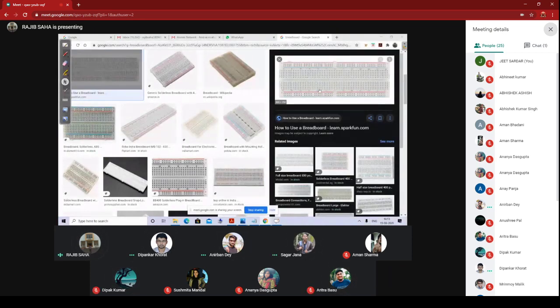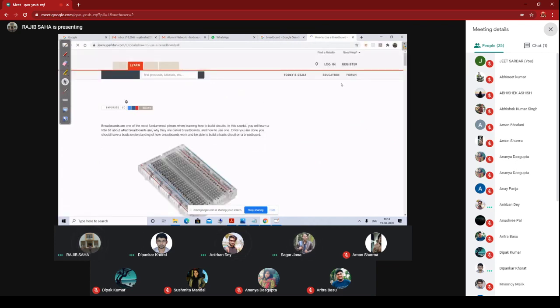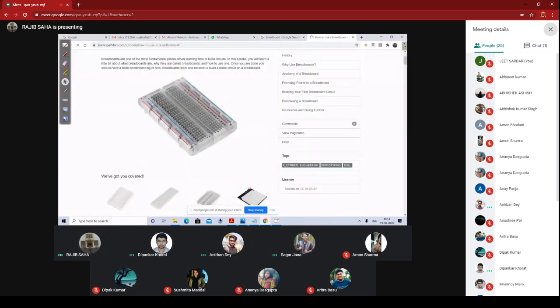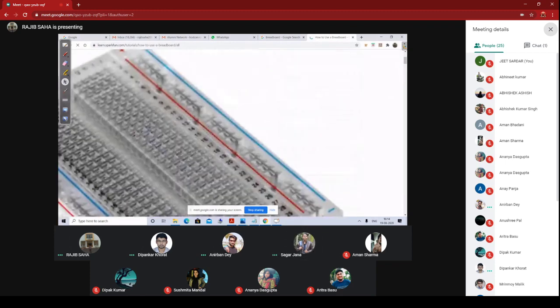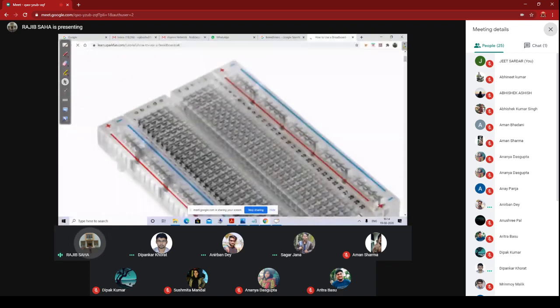Here some horizontal and some vertical connections are there. Suppose you consider this line. Now the diagram is bigger, so you can see that.